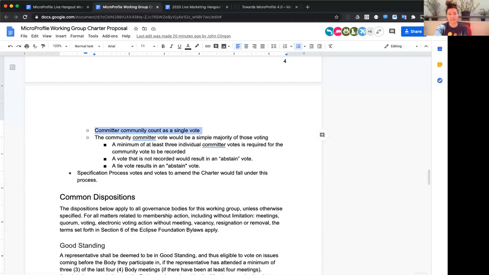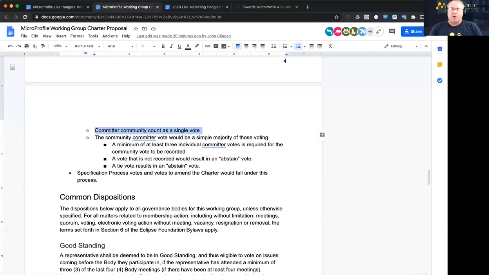So there's 3 ways they could influence. One, at the lowest level, is doing what we're all doing here. We're just participating, right? Anybody can do it. Then you can have individual members become committers on various specs or projects, just like any one of us can do. So you could do that today.